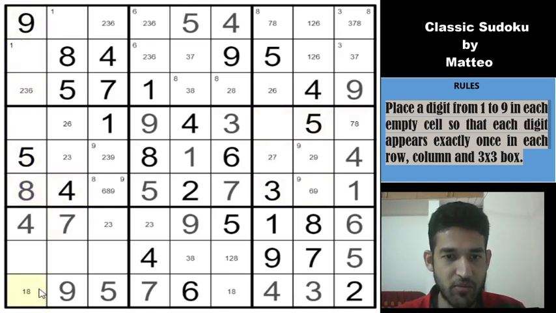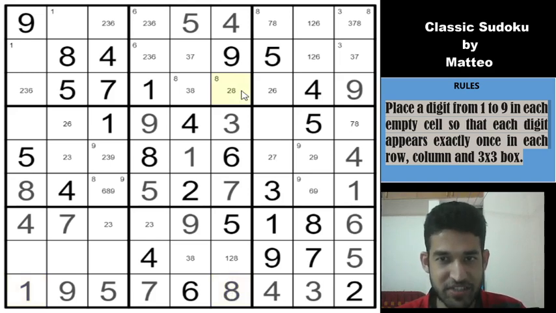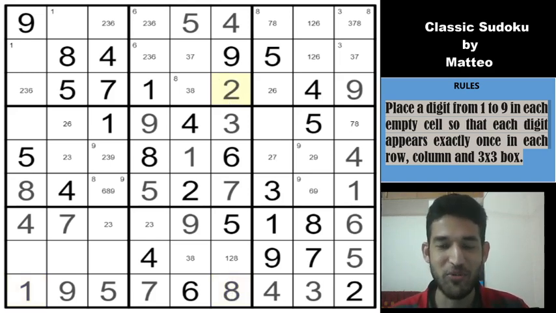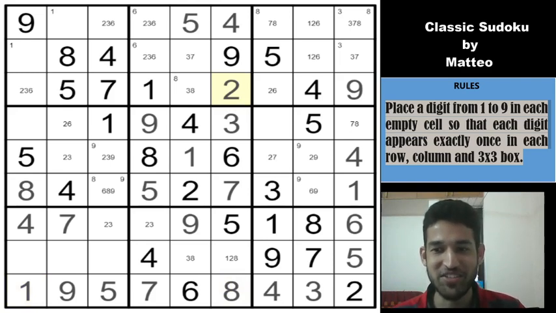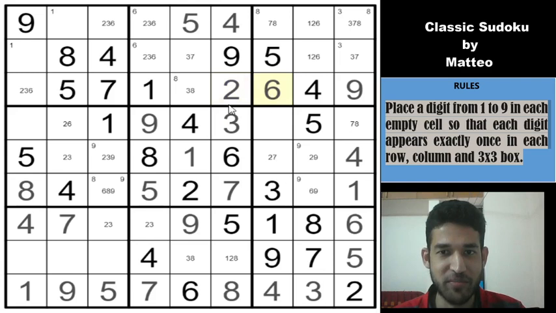So no 8 in column 1, which means this cell will be 1, this cell will be 8, this cell will be 2. This is helping, guys. Wow, amazing. So much fun, guys, when you find such deductions. So that gives a 2 here, which gives a 6 here, which gives a 3 here, an 8 here, and that 8 gives a 3 here, a 2 here, a 3 here.